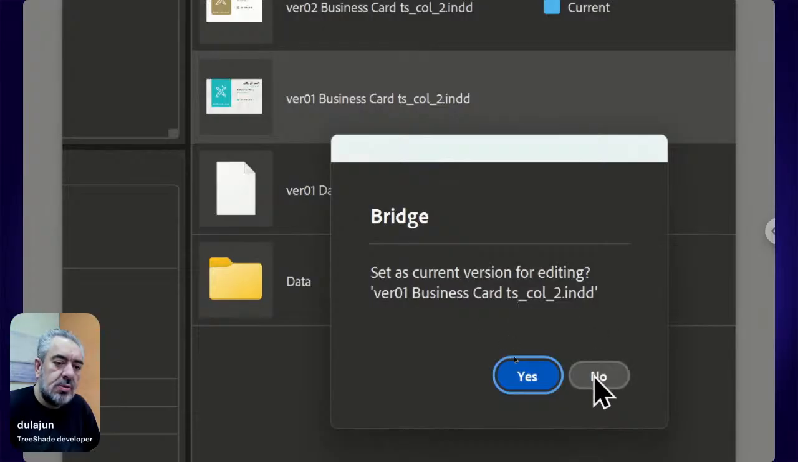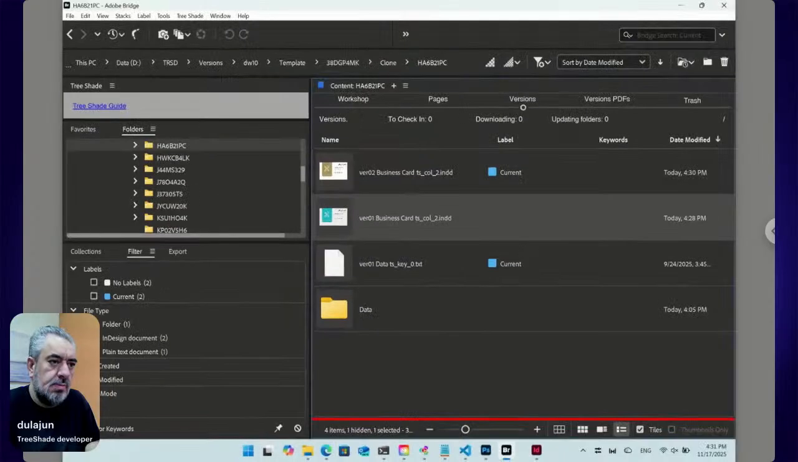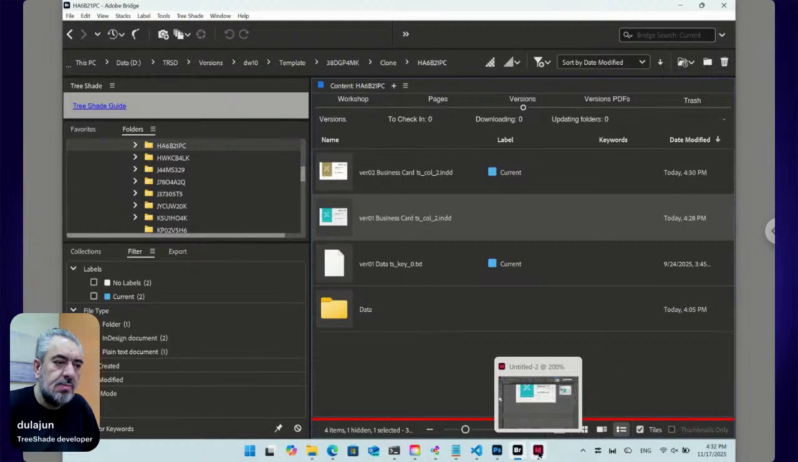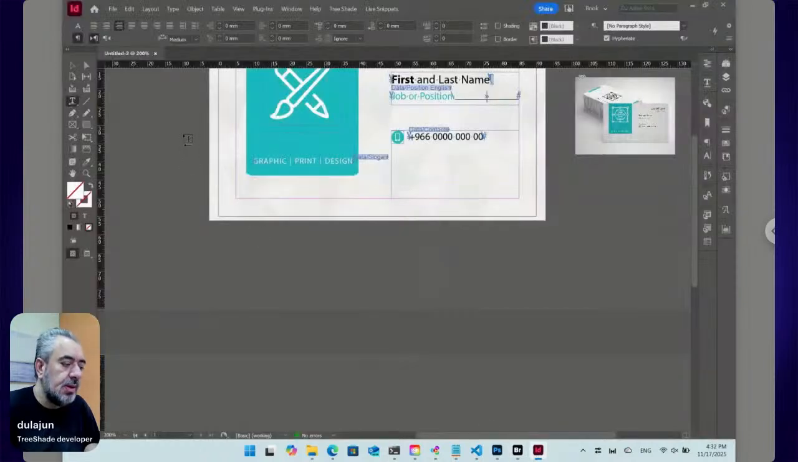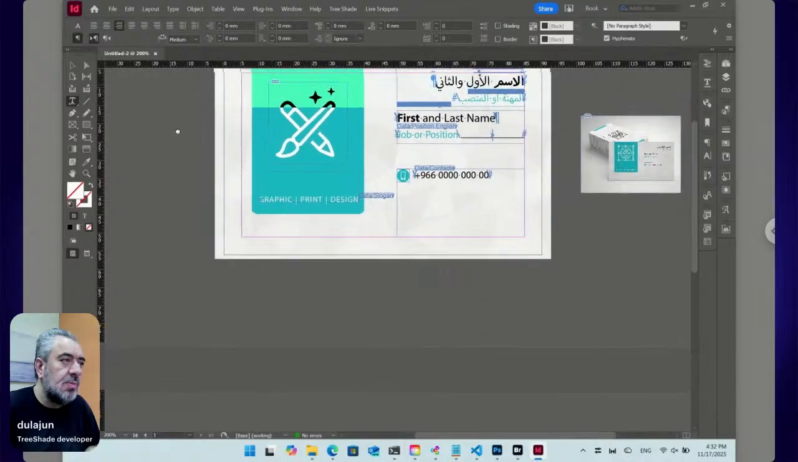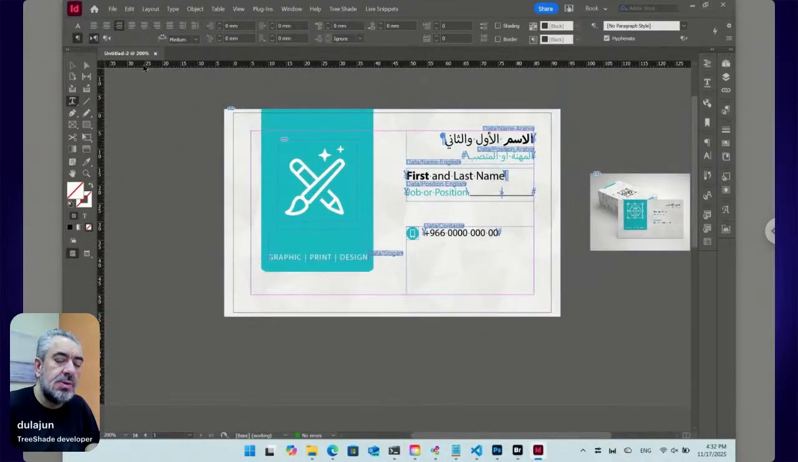Let's try to click no. What happened? Nothing, or what? Let's go to InDesign. See? The version file opened but as untitled. So you can use it without editing the version file directly. So here, untitled. You can edit and save and overwrite the editing copy in Workshop. But instead of that,